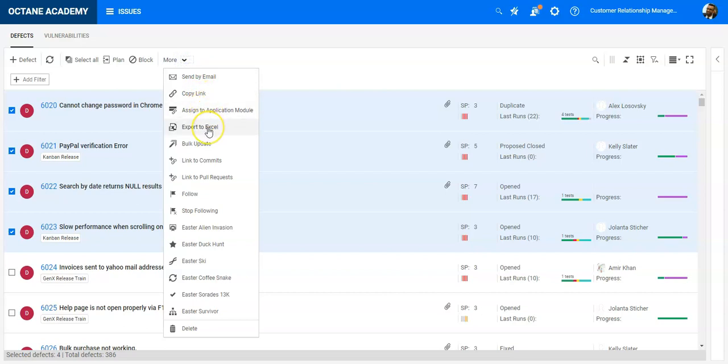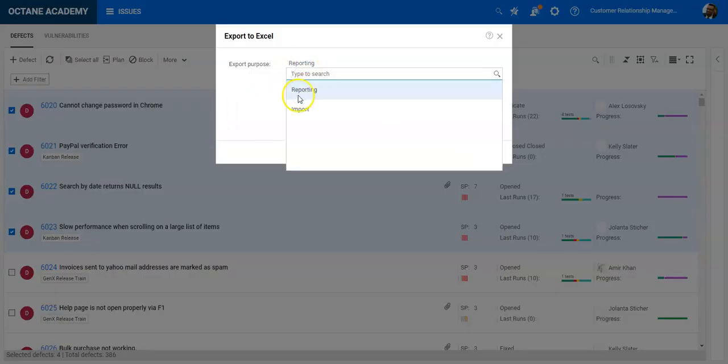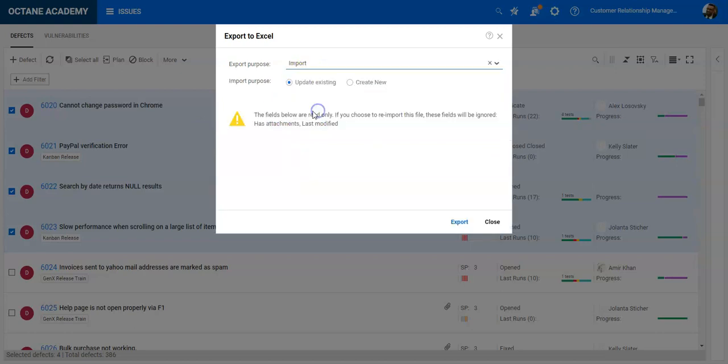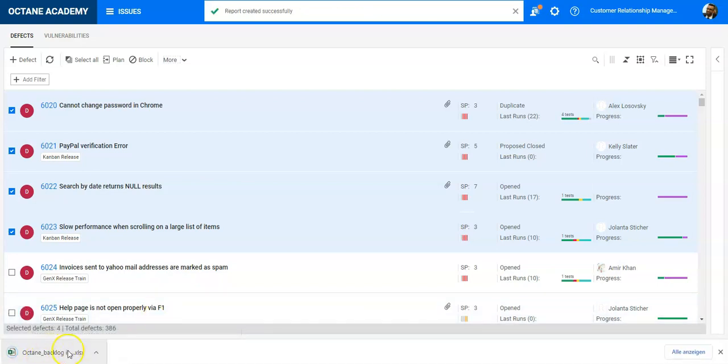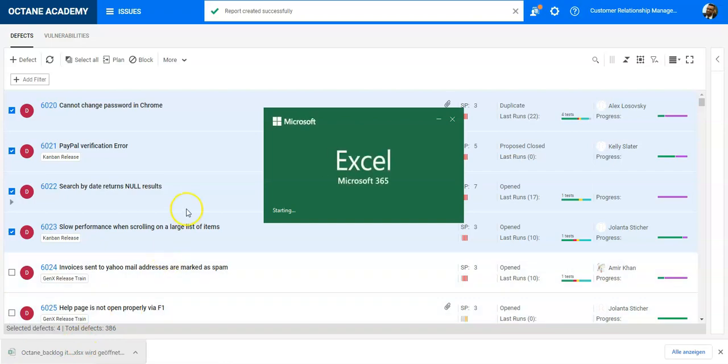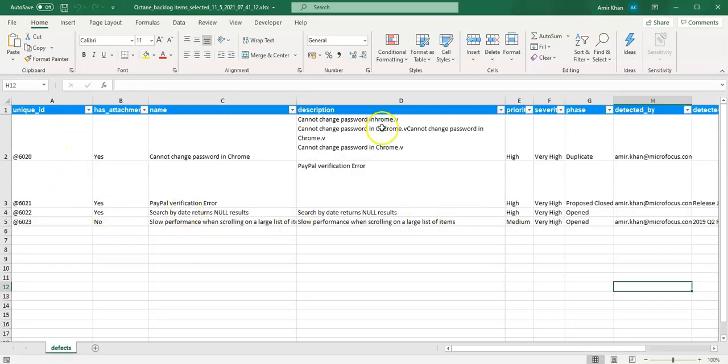I can do it from the UI using the selection and from more, export to Excel. And then I have here the possibility to select what I would like to export it for. So we select it for import, update existing, it's fine, and export. So now I've exported the data into Excel and I'm able to open it from here. So you can see the data I selected, I've exported here, and the same we are going to try now